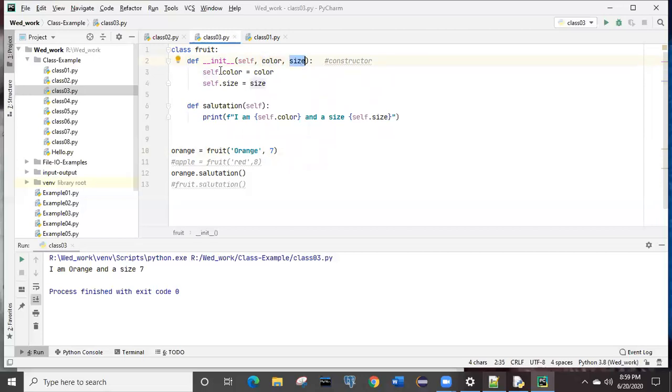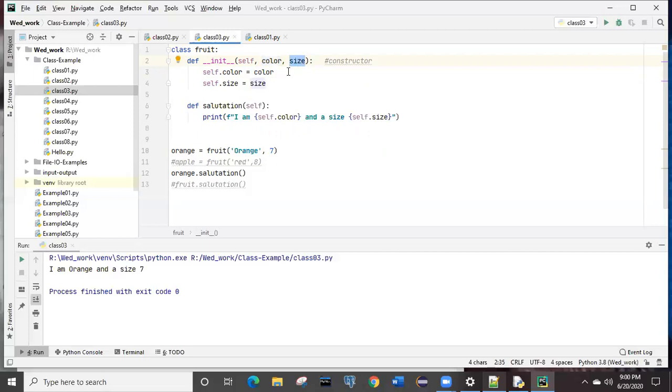Now inside this, what it is saying is self dot color, meaning it is telling that I want one color, right? So that will be initialized with the color you have passed. This color means the orange will be passed to this one, and 7 will be passed to this one, meaning self dot size, whatever the initial size will be, requires some value, right? So the value will be initialized by the argument you have passed to this one.